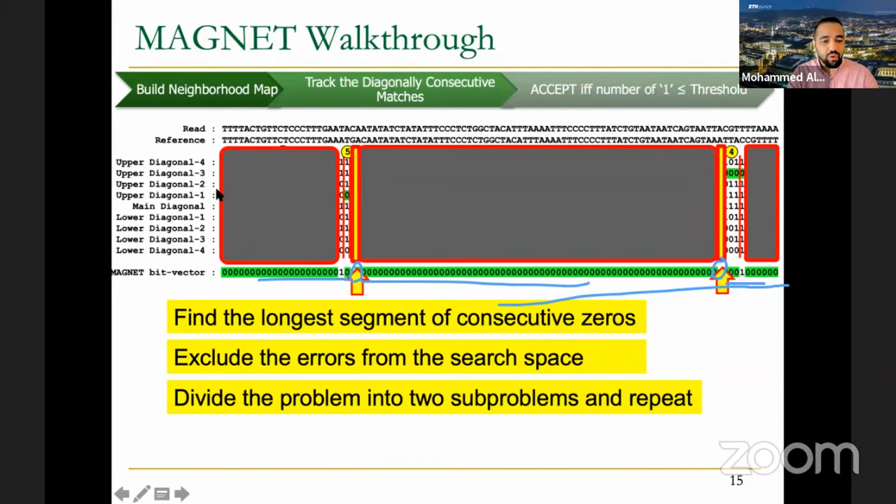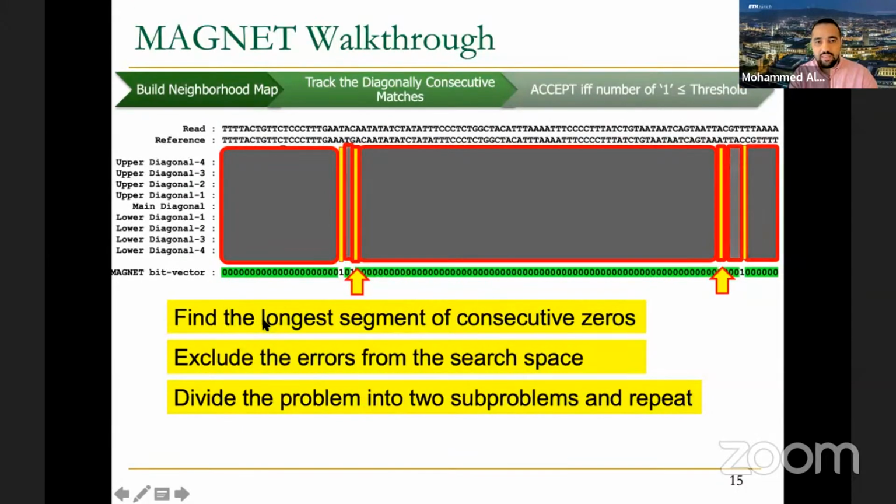For example, the one at the left-hand side doesn't have a space at the left side over here, so you cannot add one. You cannot exceed the width of the read length. Over here, we don't add one, but we add the one over here, right? Likewise, with the right-hand side, we don't have a space over here. There are no more locations to add anything, so we add the one only to the left side. Now we keep iterating